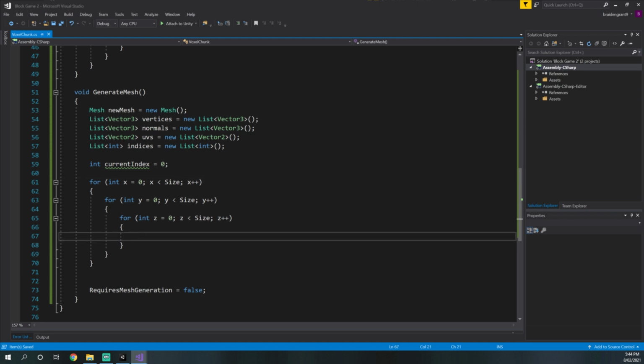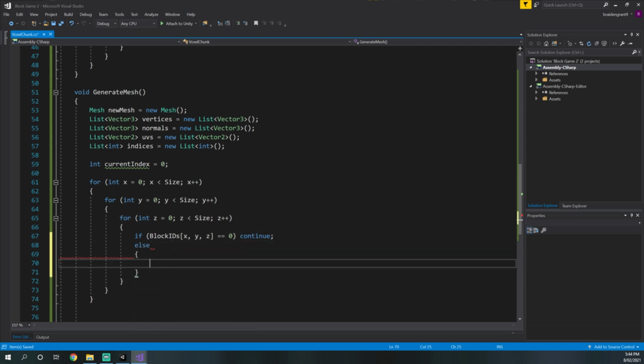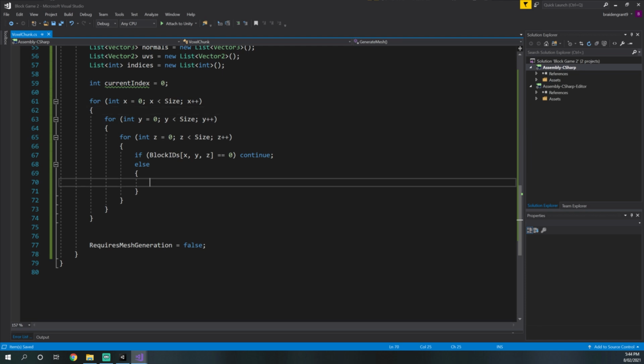Right, now, as we said, if the block ID is 0, then we don't draw anything. So if block IDs x, y, z equals 0, continue, meaning we don't draw a block. But if it is not 0, then we need to generate the block. Now we need to create some generate block functions, and we're going to have one function for each face of